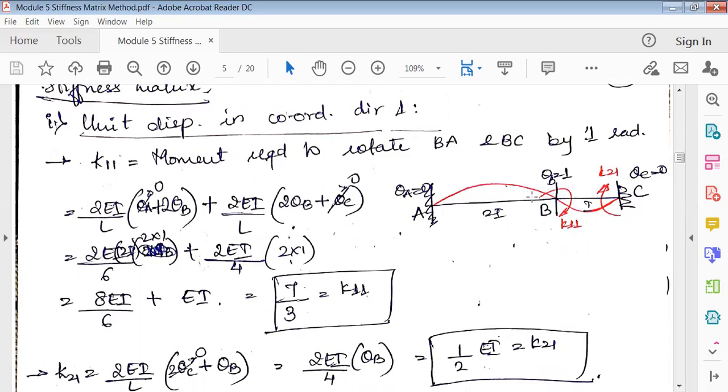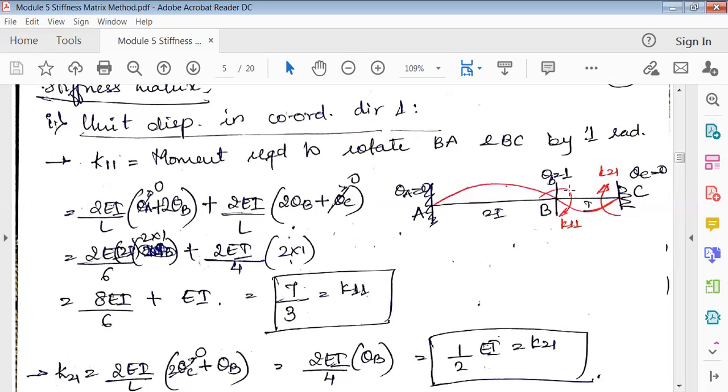Okay, next, because you're applying rotation in first direction, the impact is 1 here. Here also, in K2, the impact of 1 at K2. So K1 means in first direction, K2 means second direction. Then you are applying the unit rotation at one direction, first direction. So 1, here also impact of 1 on 2. So it is K21. See, all the rotations, or the movements, should be clockwise. All right. So once you write this, next is